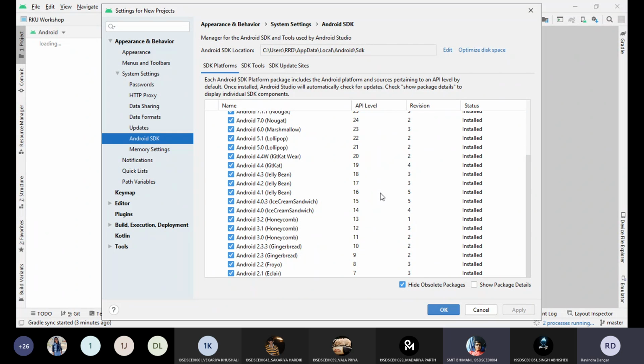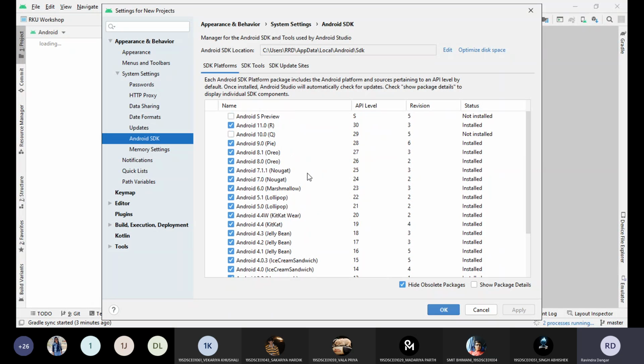Sir, will you tell us which are the important versions? See, if you have good internet and if you have a good laptop having good configuration, then I am giving advice that you download versions from Android 4.1, 4.2 till Android 8.1 or 9.